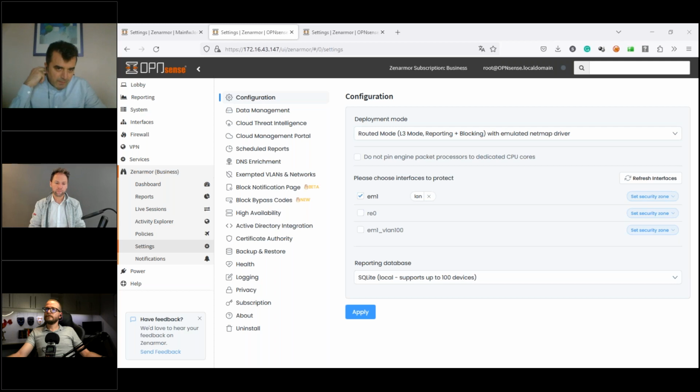That means ZenArmor inspects the TLS traffic according to IP addresses or the domain name in the certificate. But with the full TLS inspection feature, which we plan to ship in the middle of February, ZenArmor will see full URL information in the TLS sessions and will inspect the whole TLS traffic.